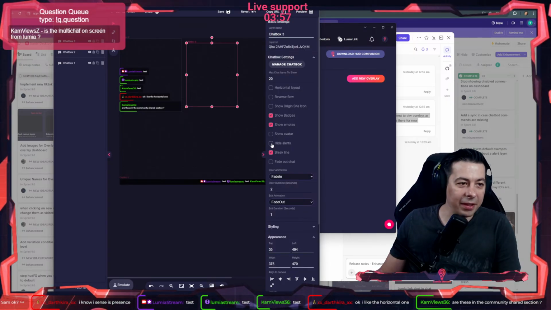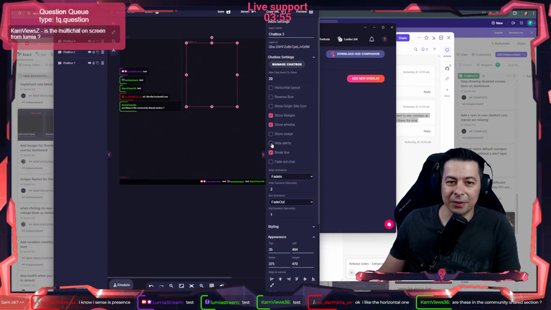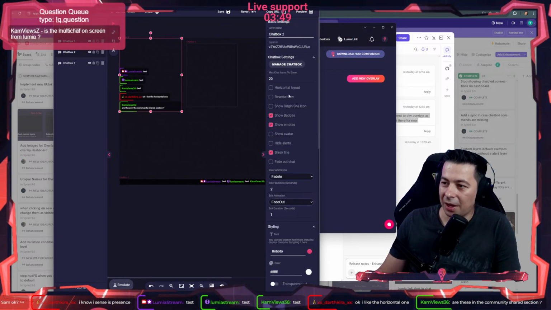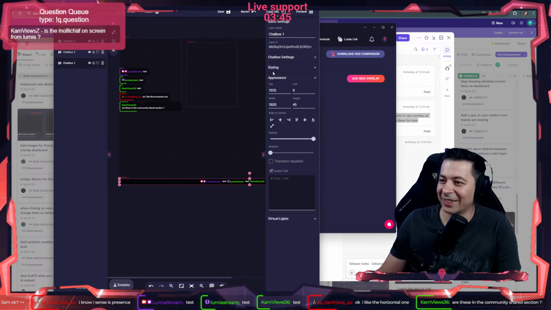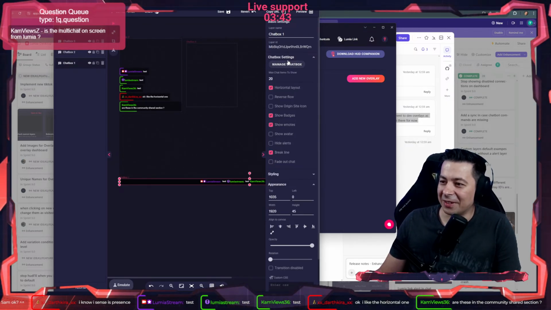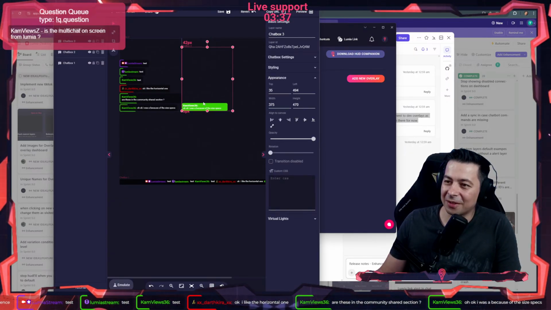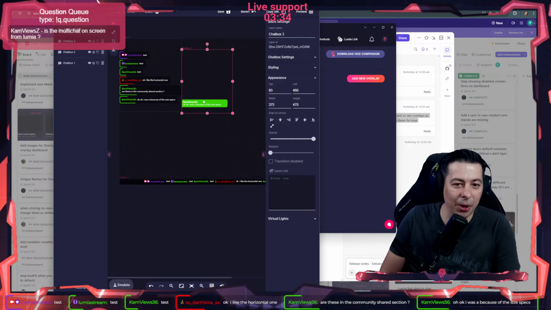You can hide the alerts if you want to. If you don't, they're going to appear in the chat as well. I thought I had hidden my alerts on these ones, but I didn't. All right, let's hide my alerts. Okay, so hide the alerts. And yeah, it's basically our chat box.